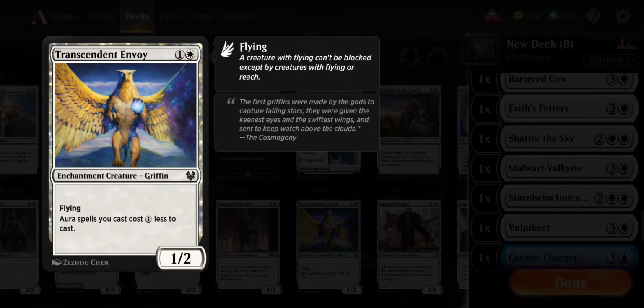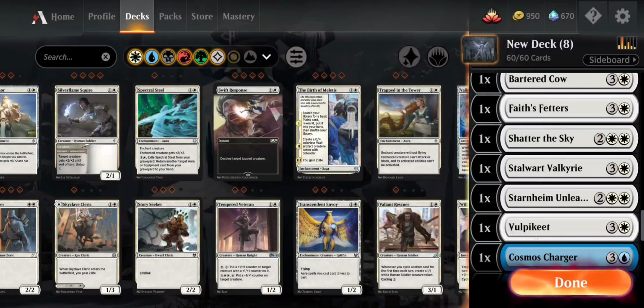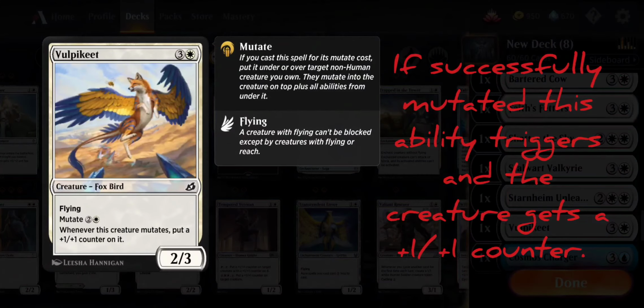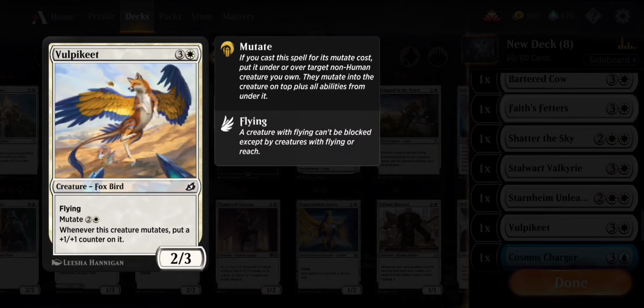It's an enchantment creature. Okay? But it will also have, whenever this creature mutates, put a +1/+1 counter on it. But it also has, since both of them have flying, it has flying. But if this creature did not have flying, it would gain flying. So it gains everything that is on the bottom here, right here,